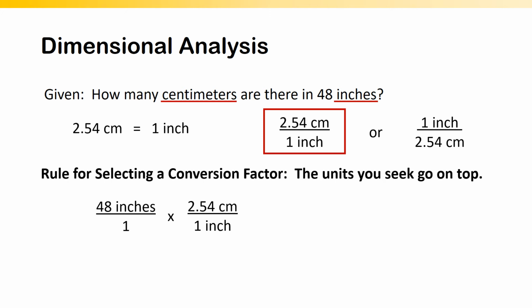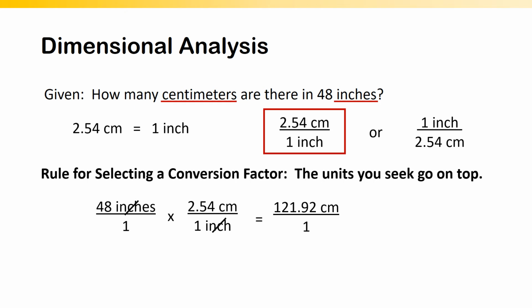We have the units that will cancel out, and these are inches, because we have inches in the numerator in 48 inches, and we have inches in the denominator in our conversion factor. So if we cross those out, then the units that we are left with are the units that we seek, which are centimeters. And now we do the math, which means we're going to multiply the numbers on top and multiply the numbers on the bottom. So if we multiply 48 times 2.54 centimeters and multiply 1 times 1 in the denominator, that's going to give us